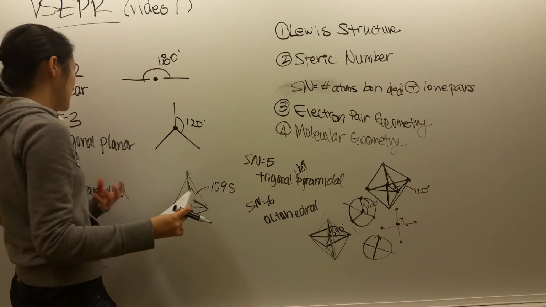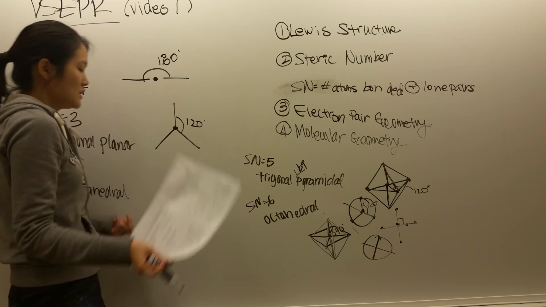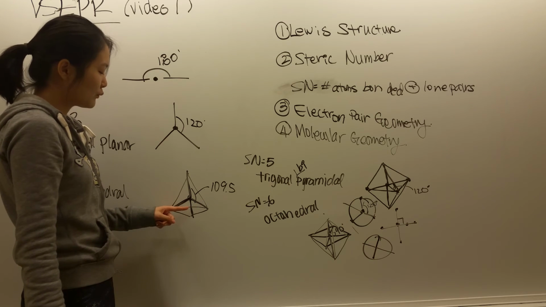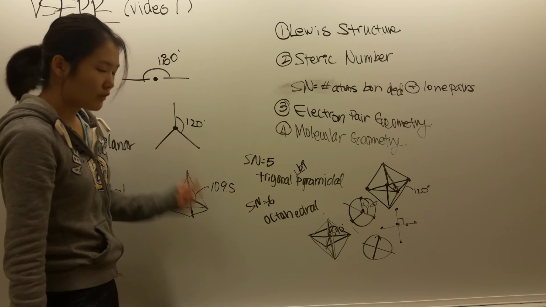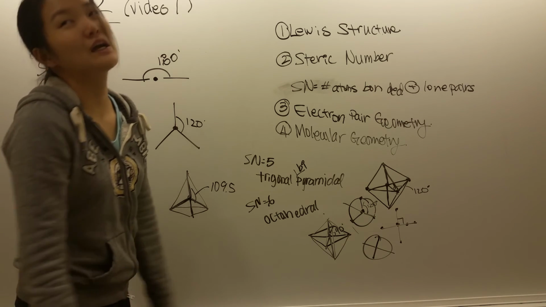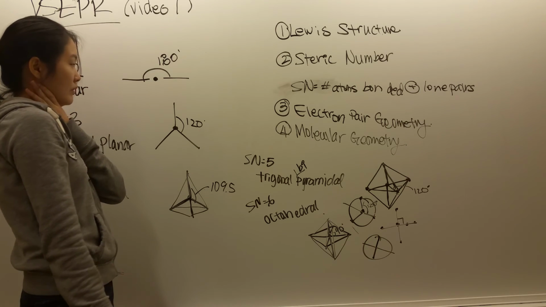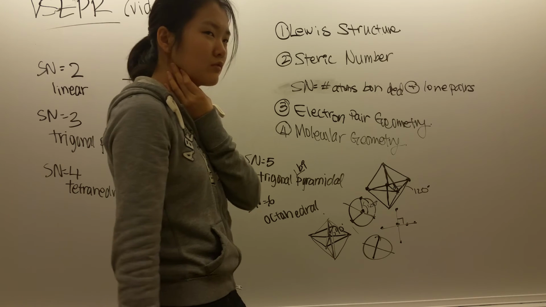That's basically how you memorize it. Just keep saying 109.5. So within a tetrahedral, you have 109.5 between each pair, and so on and so forth. That's pretty much how people are memorizing it, I think. I don't know. But apparently you kind of need to know the angles, so I would remember them just